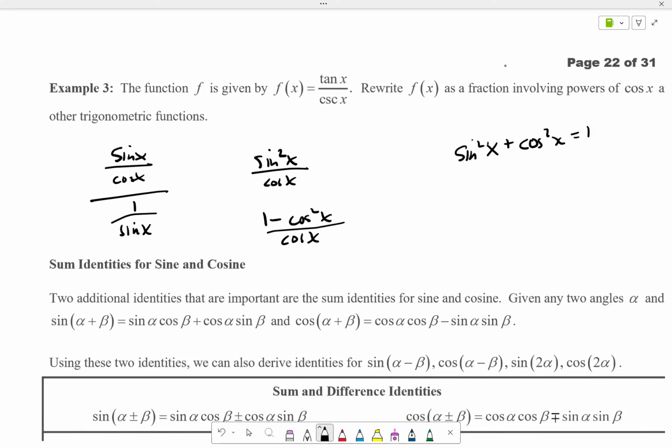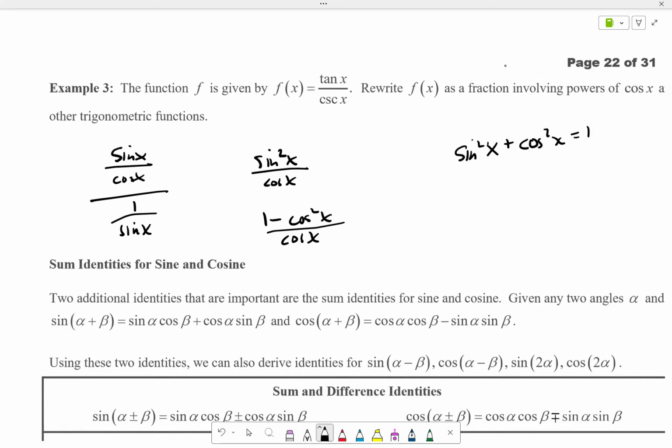Well, we're done. We've expressed it as powers of cosine. That's it. We could maybe factor the top. We simplify this to get to here, and then sine squared is replaced with an expression involving cosine. But what I'm asking is why